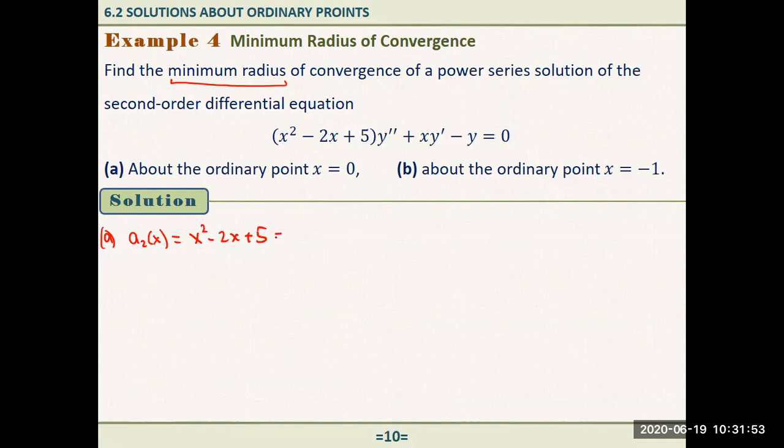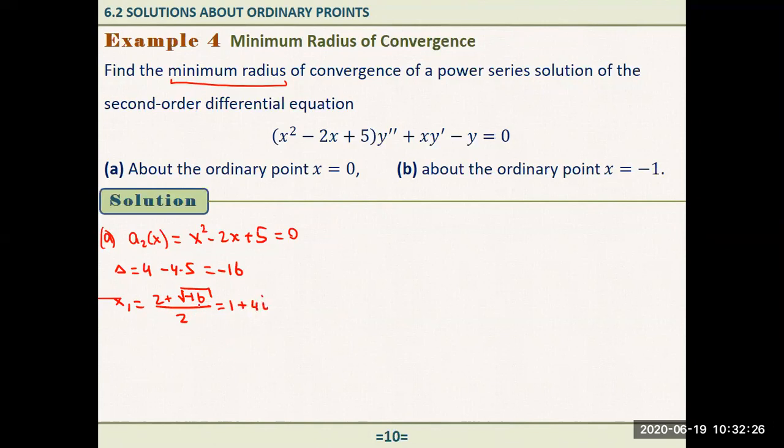The discriminant is b squared minus 4ac, that is 4 minus 4 times 5, which is equal to -16, right? So the first root of this quadratic equation is 2 plus the square root of minus 16 over 2,